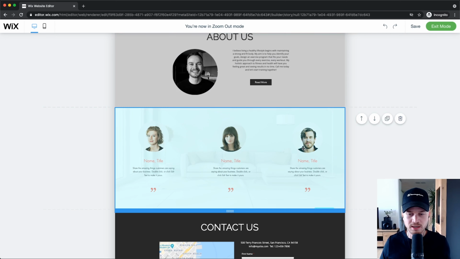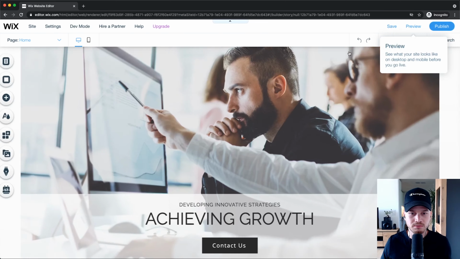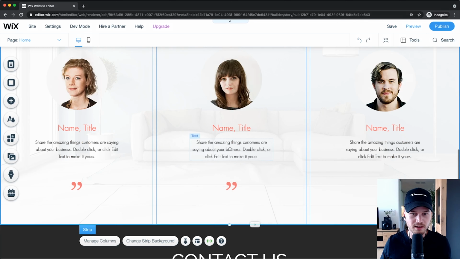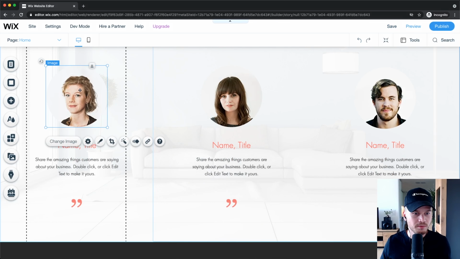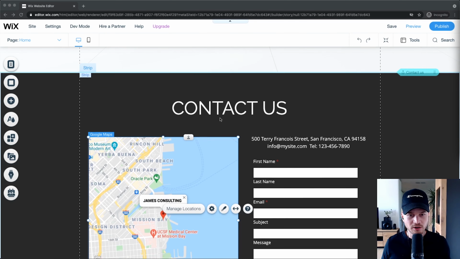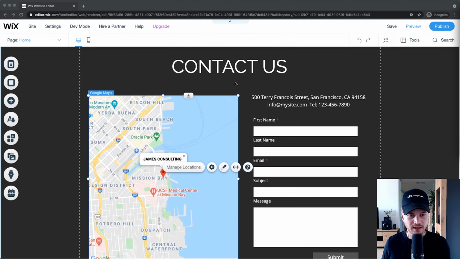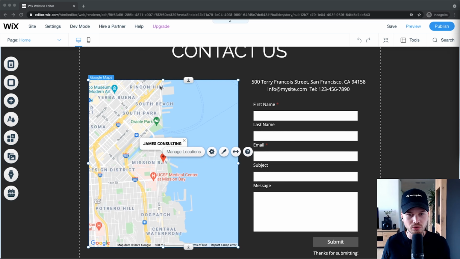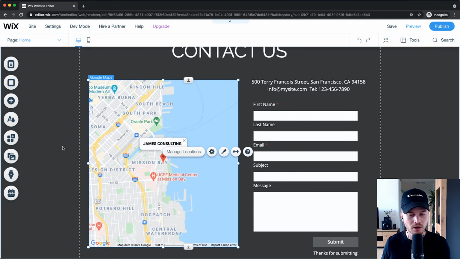Then once it's sitting in the perfect position, just go to exit mode and then I can start editing everything right here. I can change the images, I can change the text, and so on. Then here on the bottom, you also have a contact us section. Here you just want to make sure to actually update the location to the location of your business or wherever